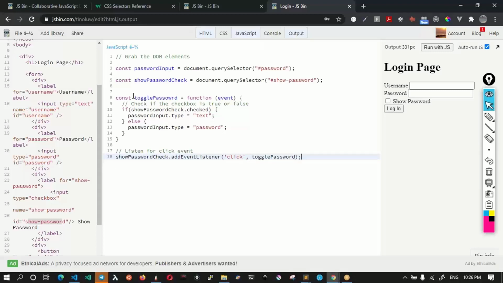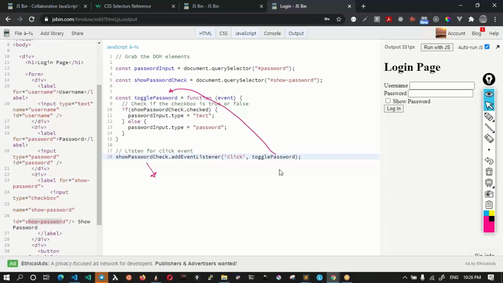This simply means that whenever a click happens on this show password checkbox, simply call the function called toggle password. Let me correct the spelling here.